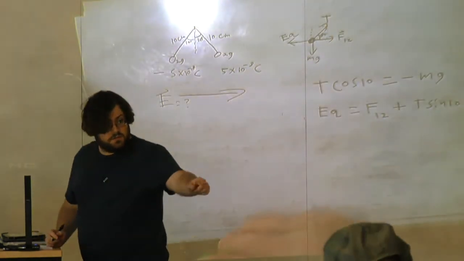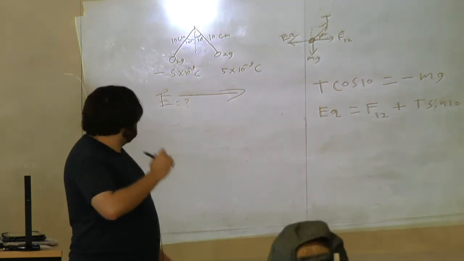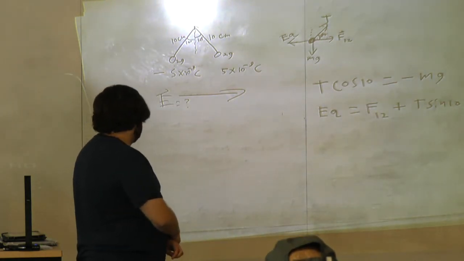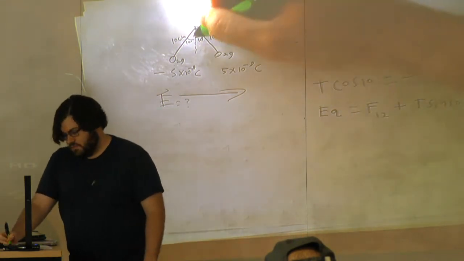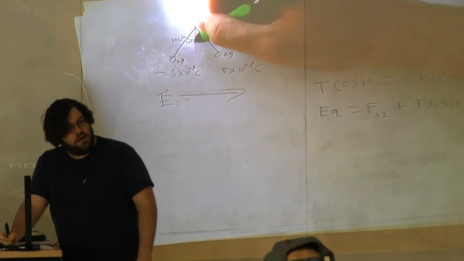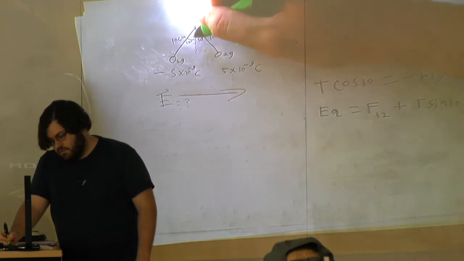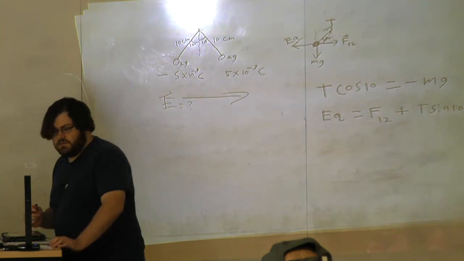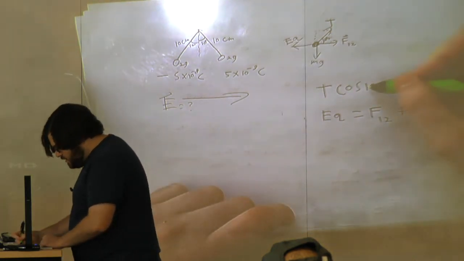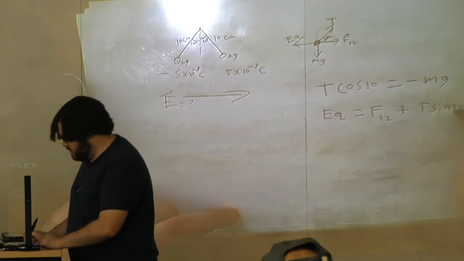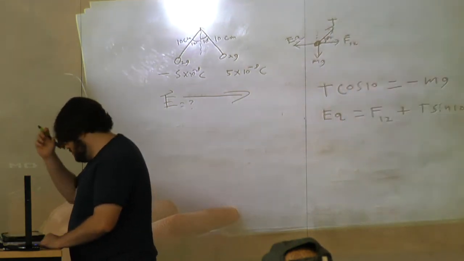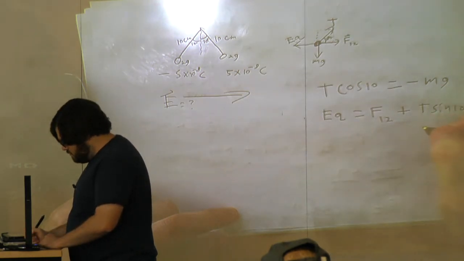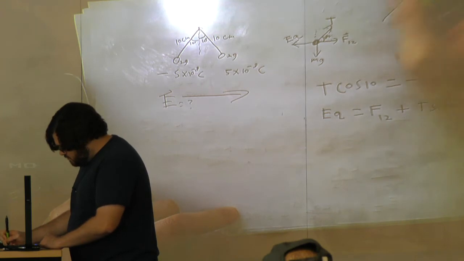Oh, yes. You're saying that the angle between the rope and the mass sphere is 10 degrees, but that's along the top. Would it be 80 degrees if we're going from the sphere itself? I don't fully follow. You think I should be using 80 here and here? Yeah, because if you're going by the sphere, the angle between the string and the horizontal plane on the sphere is